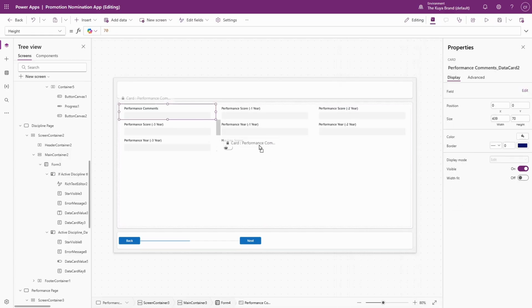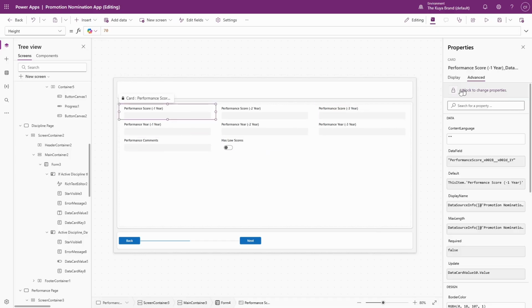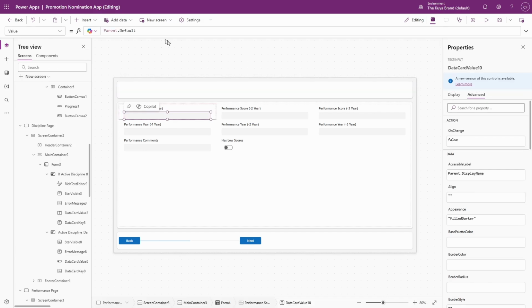I'm going to move some of these items around so we have performance year -1, performance score -1, performance year -1, performance score -2, performance year -2, -3 for score, -3 for year. We've got our whole comments section, and then this one we will work on last. As we unlock this card, let's add in the value, but this time we're going to look up the value